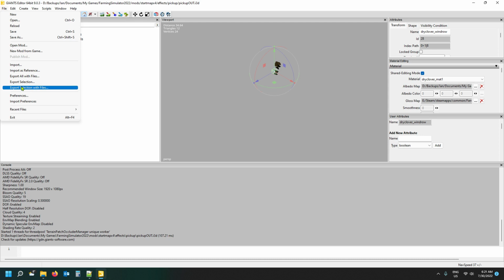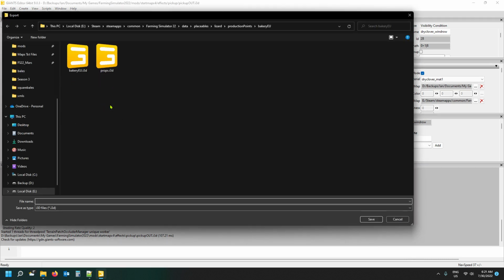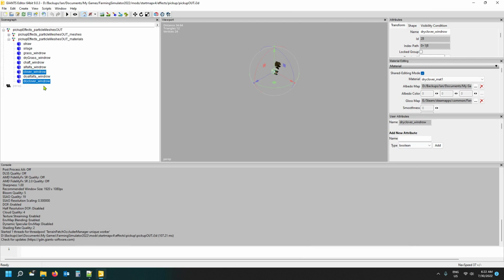I would say rather with files. You're going to have to do it with files because you're working with a donor map. So export with files, and then you go into your map, save it under, I would say in the same directory as where your pickup is, the effects for that thing, and then save the I3D as a name, and then come back, import it into your I3D,